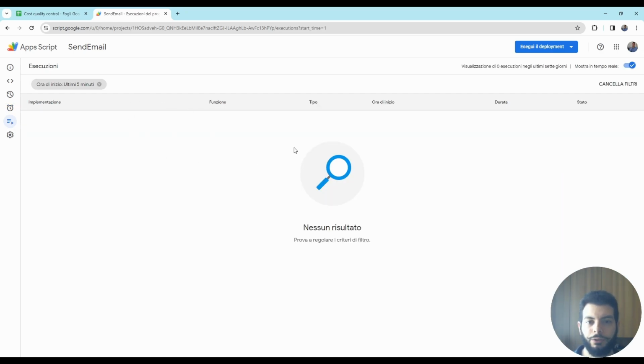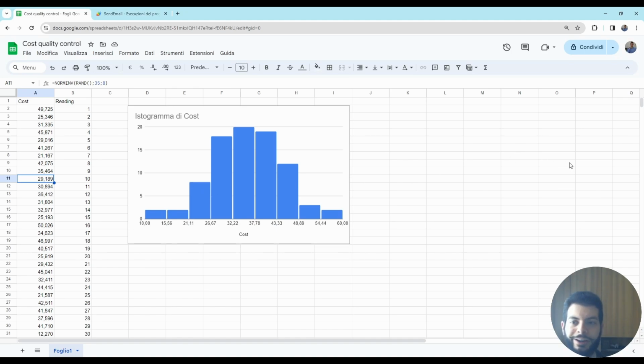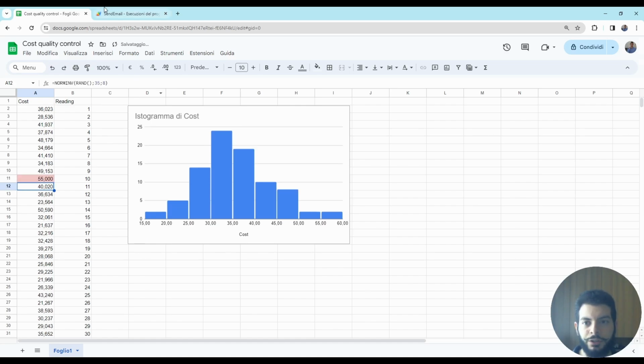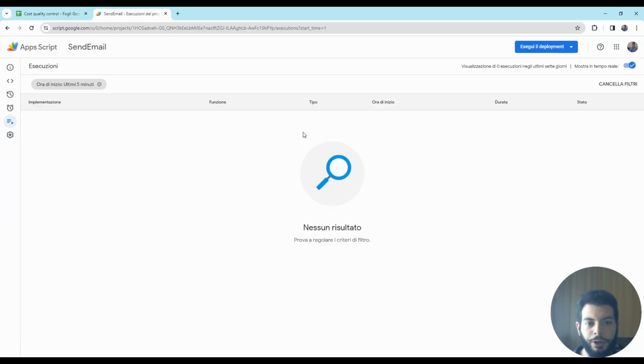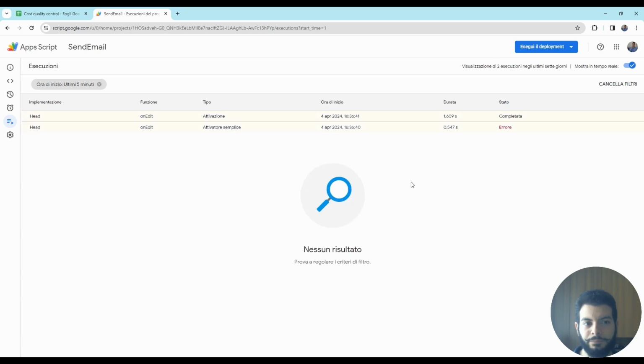Then if we go into the executions, we see that we don't have executions because I didn't edit the spreadsheet. If I edit one value, and you will notice that all the others will change, but just because of this function, let's put a value higher than the threshold, you see something that will appear here.